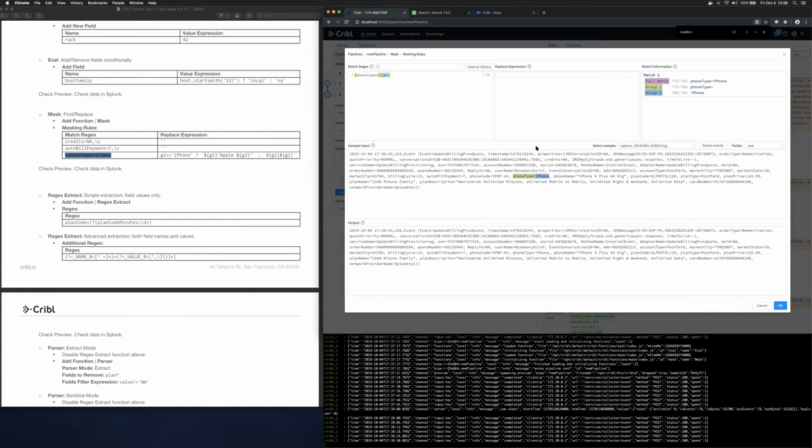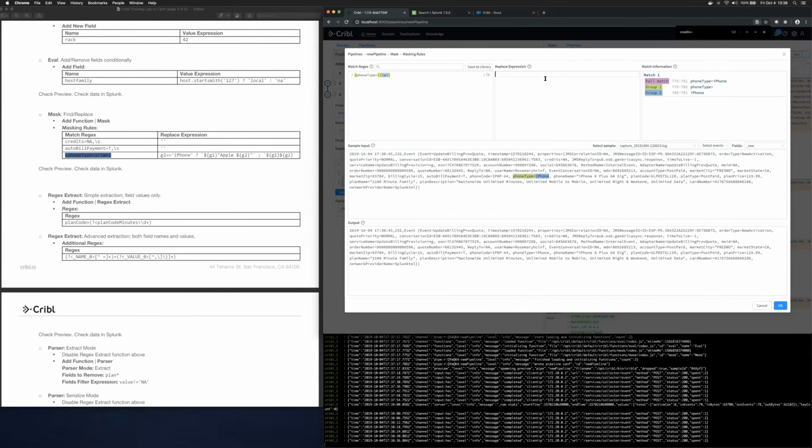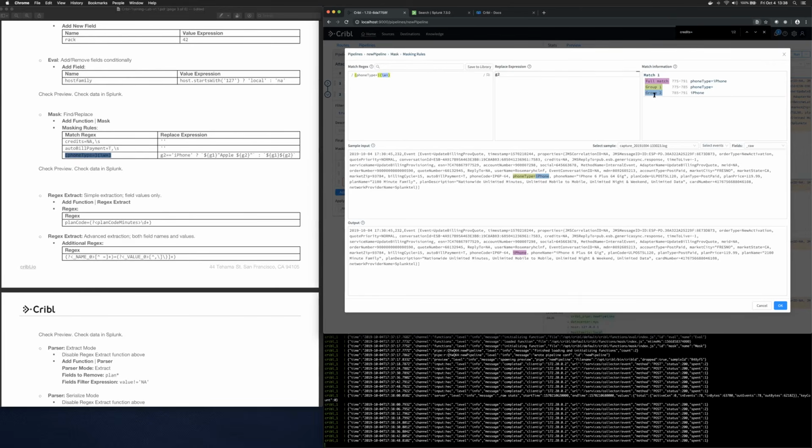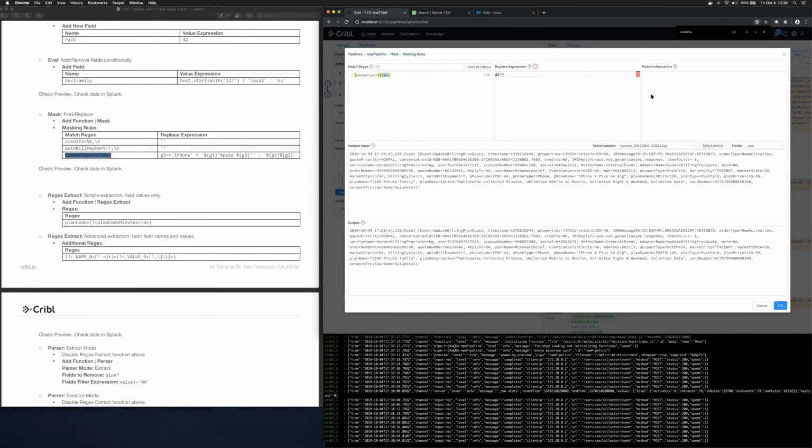Oh, there you go, the exact match. So font type equals iPhone. So in the replace expression, I'm going to do a conditional now, say, hey, if group 2, so G2 and G1 are shorthands for group 1 and group 2. Think of it in the set command, you have $1 and $2. We call them G1 and G2 here. So if group 2 is iPhone, right, so say,